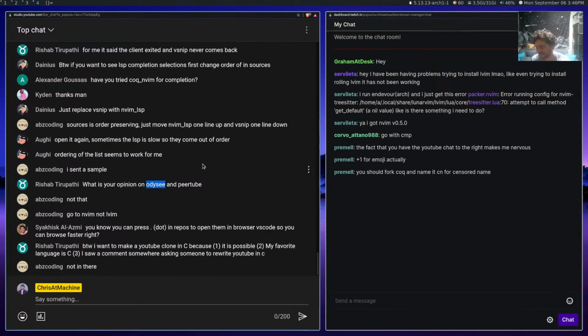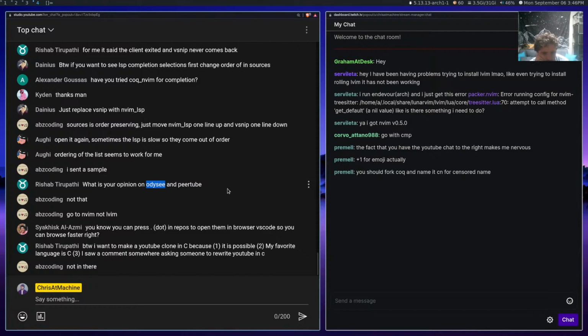I can't imagine loading a whole thing in. Oh god, that's what it's gonna be. Everyone's just gonna be on the internet. You're just gonna press dot and then you're just gonna have your VS Code in there. Because Microsoft owns GitHub and VS Code.